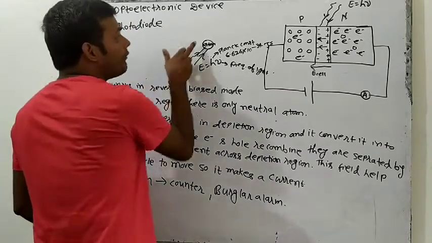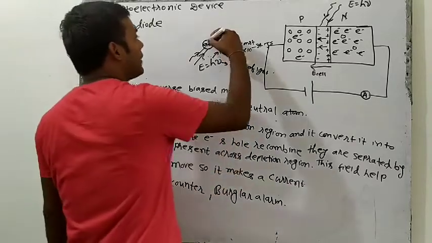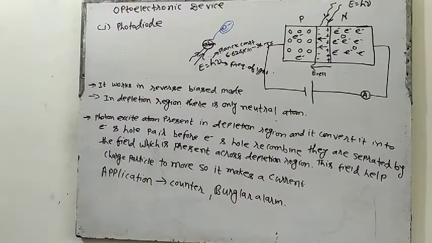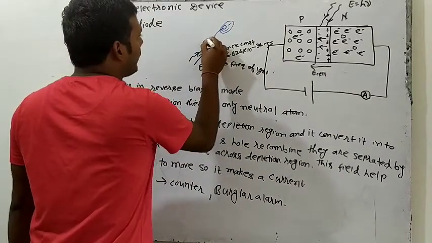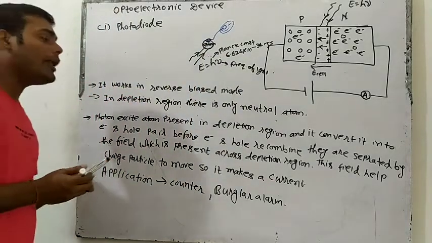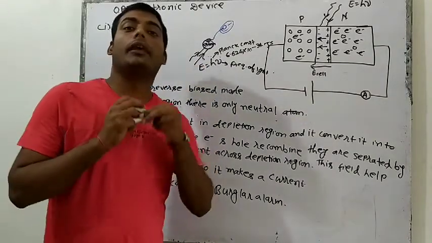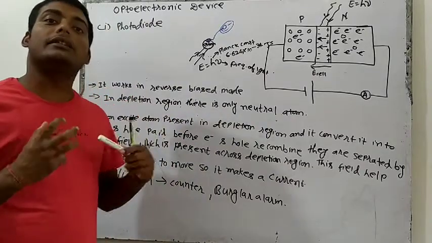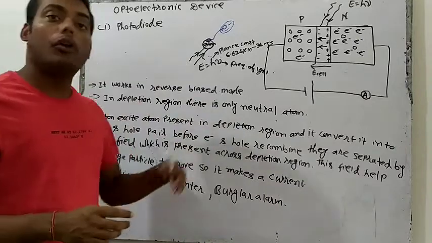Like that, if atom will absorb energy, then atom will become unstable, and when atom will become unstable, then electron will be free from it, and when electron will be free, then a hole will be generated. So when we give energy to an atom, atom will absorb energy, and after absorbing energy, any system will become unstable and electron will become free and hole will be generated.